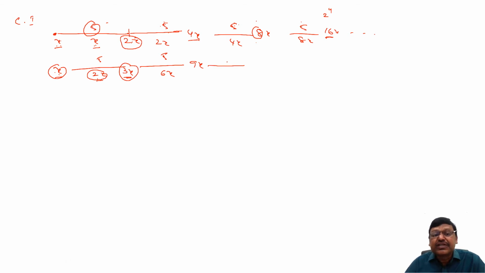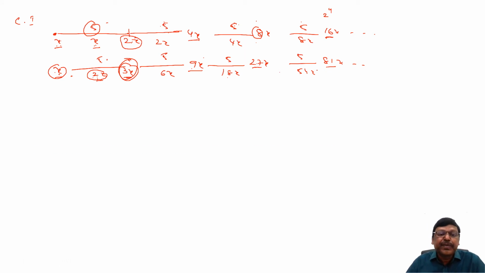For the next 5 years, we'll calculate interest on 9x. As I said, if 1x is giving 2x, 9x will give you 18x interest, it will become 27x. For the next 5 years, you can see here, 1x is giving 2x, 27x will give you 54x, it will become 81x. And you can see here, if it is trebled in 5 years, it becomes 9 times, that is 3 square, in 2 into 5, 10 years; 27, 3 cube, in 3 into 5, 15 years; 3 power 4, that is 81 times, in 4 into 5, 20 years and so on, right?